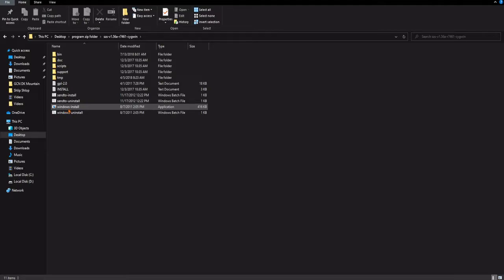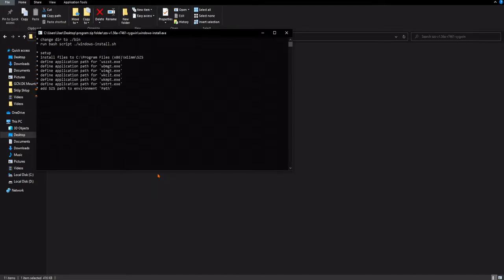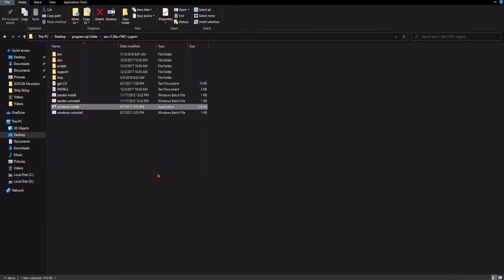The first thing we'll want to do is go into the Cygwin folder and find the Windows Install application. From there, we'll be able to install the application itself. So double click on it, allow it to do whatever it needs to. Let that screen go by. Alright, next,